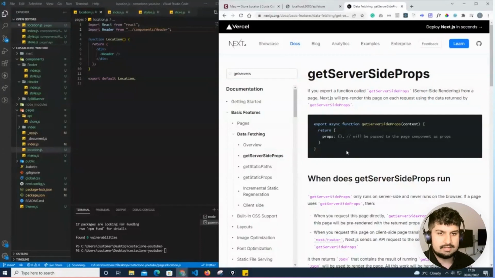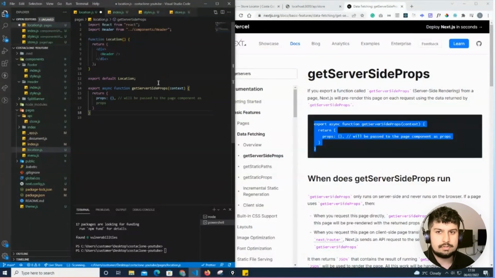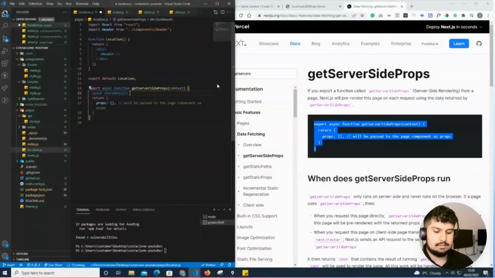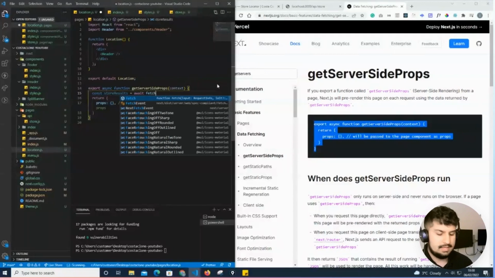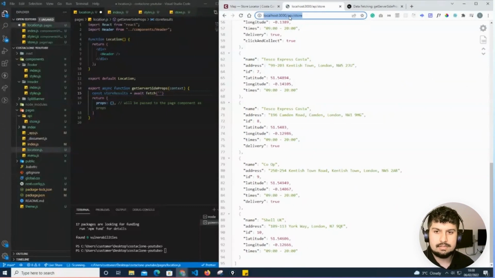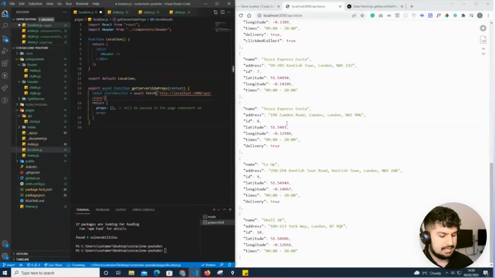So if I just copy this async function across, and I will just add it just after my default export. So I now will have access to a context object over here. So what I want to do is define and fetch my store result. So I will use the await fetch method. So if I declare my fetch as storeResult, which is equal to await fetch, and then I pass in my API. So if I copy this and paste that in like so,